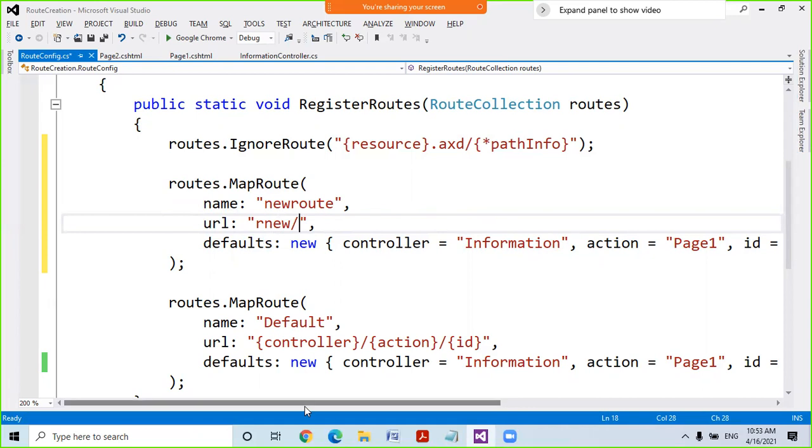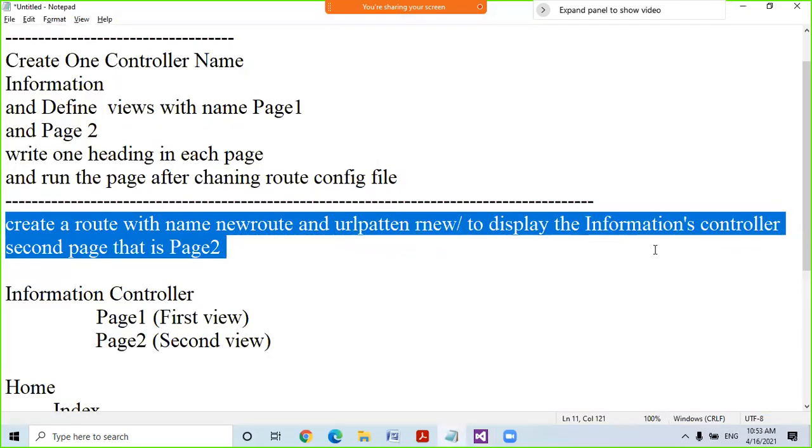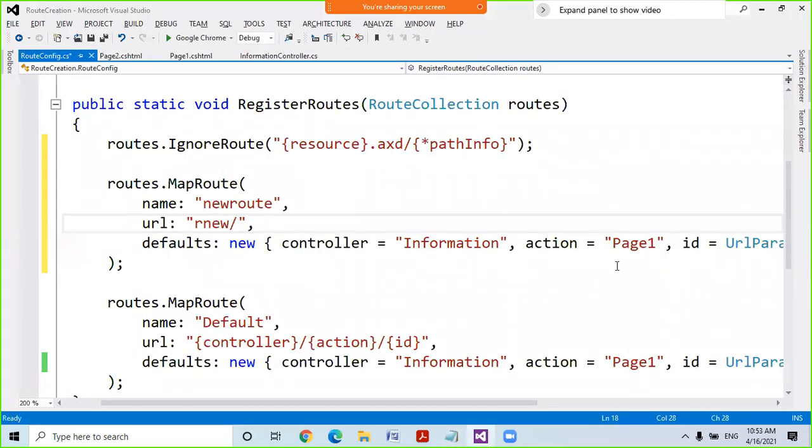अब इस रूट के साथ हमें कौन से कंट्रोलर को और कौन से पेज को मैप करना है. Meaning when the user follows this root and clicks this URL on the browser, then which page should open? Then information's page 2 should open. I want to show you the second page, that is page 2, should open. So I just want to change this page 1 to page 2.